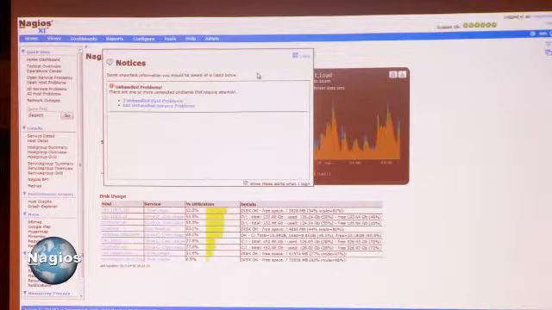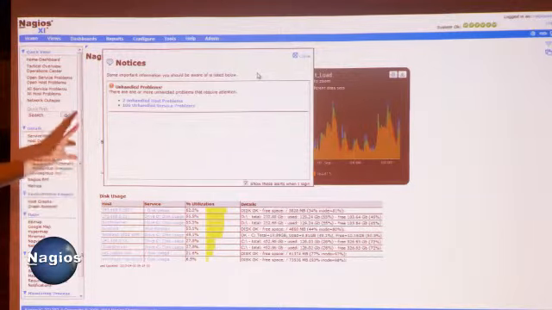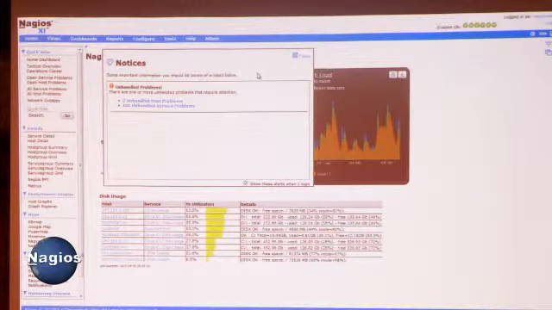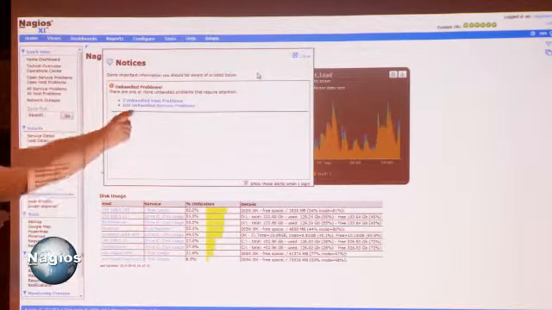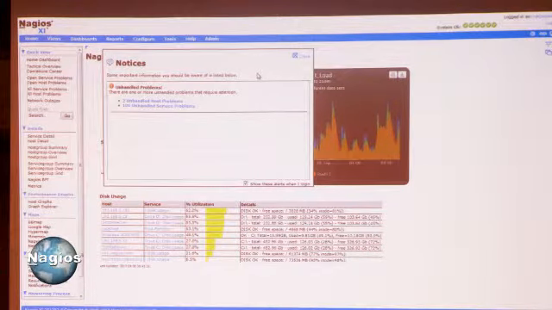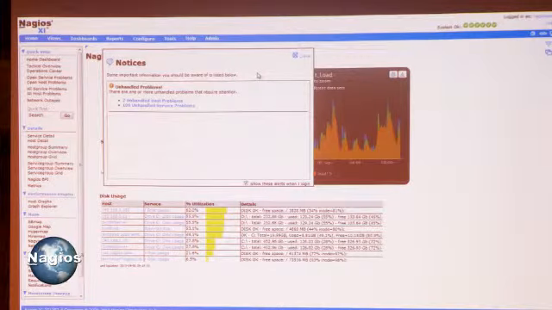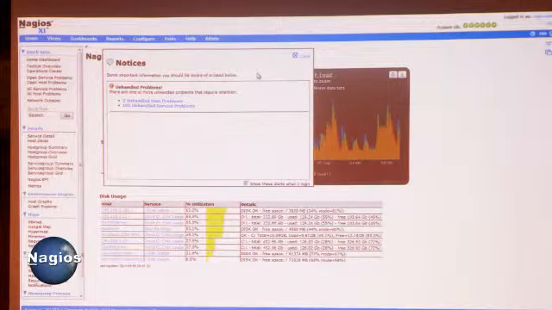all right, so once we log into the interface, unless you disable it, there's going to be a standard pop-up here. This basically tells you if you've got current host and service problems, where they lie. If you click on these icons or these links here, they will take you to a page with a whole drop-down of all of your current problems. In addition to that, you'll also be notified of updates to Nagios XI here. And once we get out of this page here,